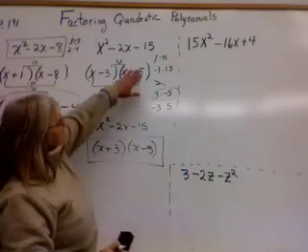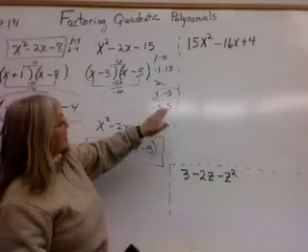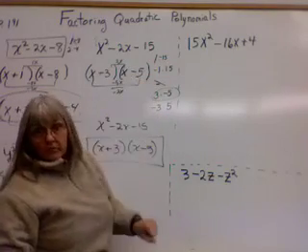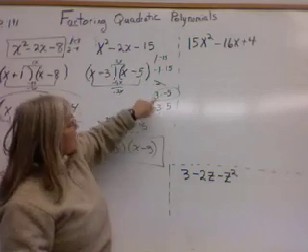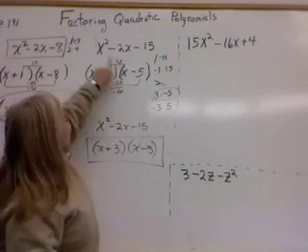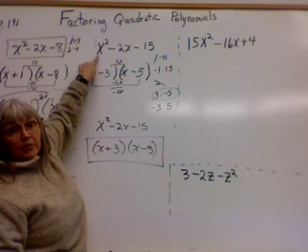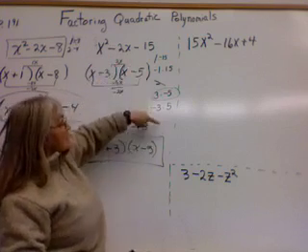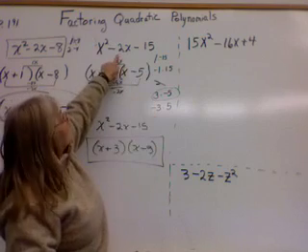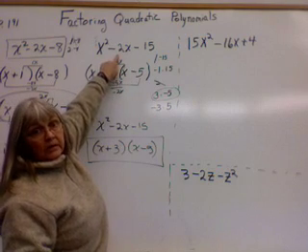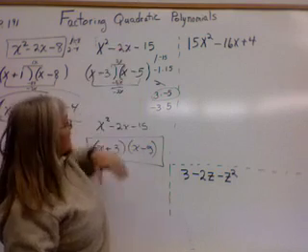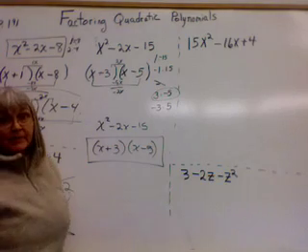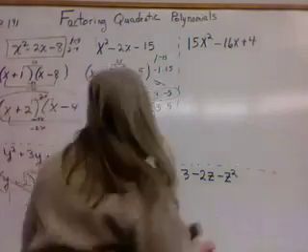Now, by scanning and checking the addition, that method saved testing all those other tries, the 3 other tries that would not work. That method only works if the coefficient of the first term is a 1. So if the coefficient of the first term isn't a 1, you can't scan and look for the adding of the middle term. But it works a lot of the time, so you might check that. You can also, just for fun, try all the answers and test them to make sure they don't work. All right, so